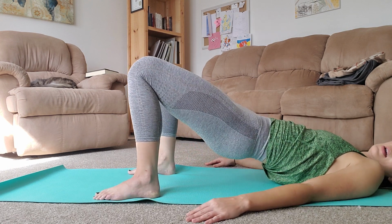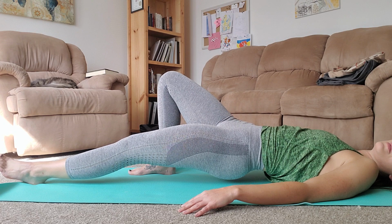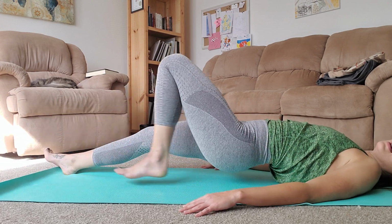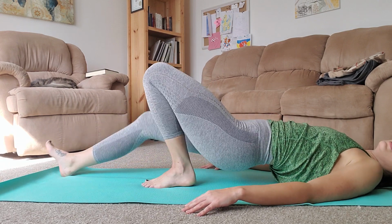We lift up, and we're gonna go ahead with that next movement where we straighten one out, dig the heel into the floor, and have the other one follow. Ready, and out, out, in, out, out, in. We're doing 12 total. That was 2, 3,